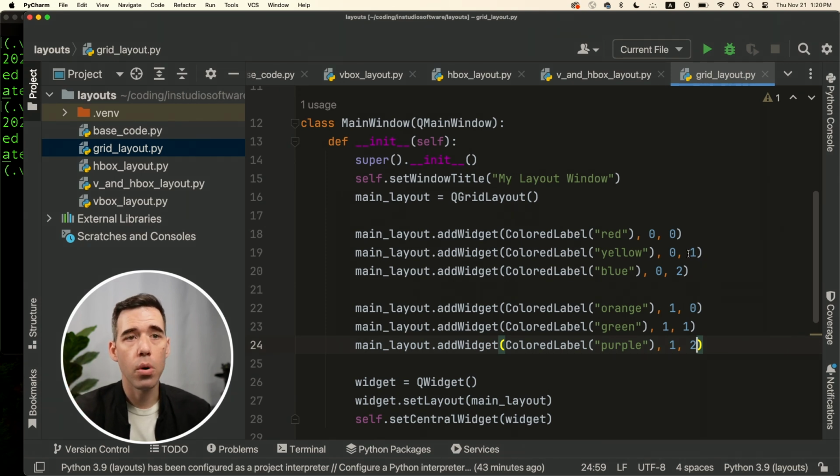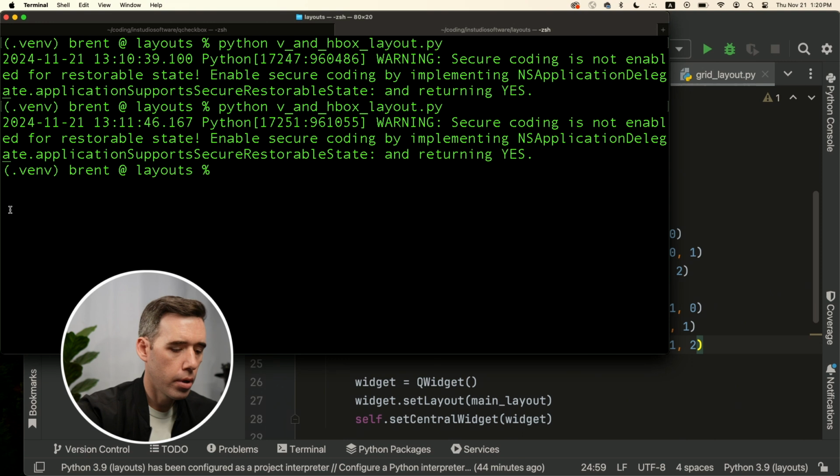For orange, it's going to be the second row, which is 1, and column 0, so it's going to be the bottom left. Green is going to be at the center bottom, 1, 1, and purple is going to be at the bottom right. So if we run this code, python grid_layout,